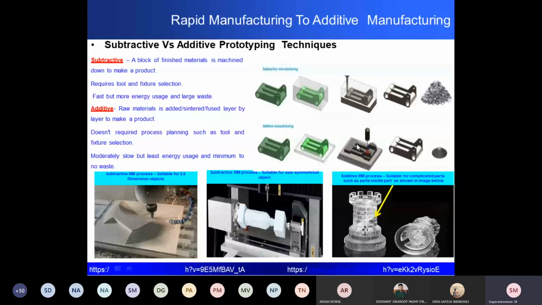So in our subject, we are going to focus only on additive-based methods. With this, we will stop. This is how the process evolved. It starts with prototyping. Then it became rapid prototyping with the help of machine assistance. Then rapid prototyping became a part of activity in tooling. Then tooling gradually moved into rapid manufacturing.